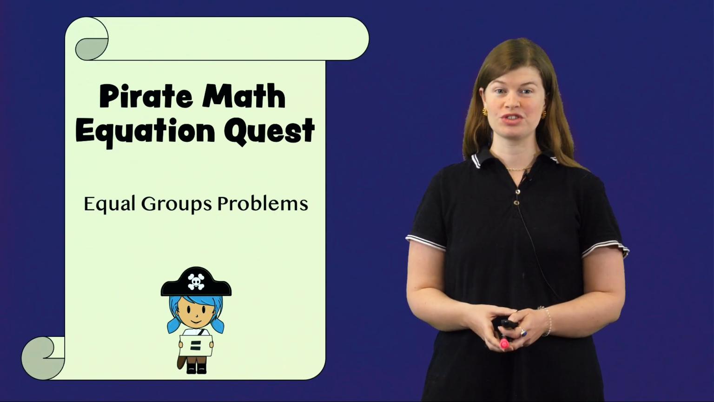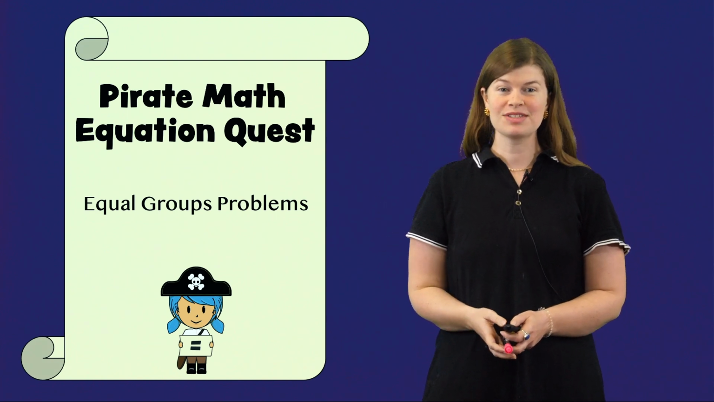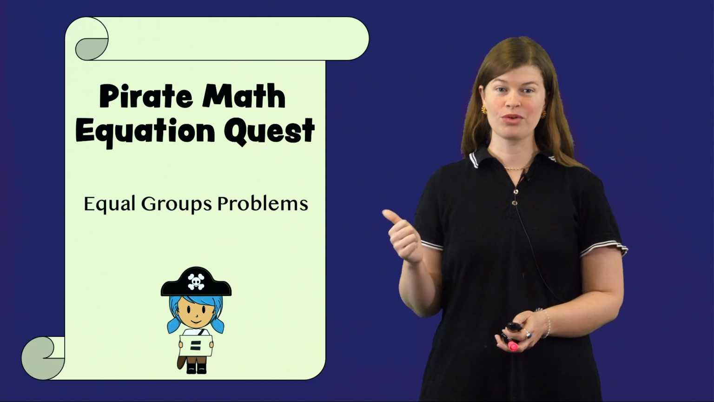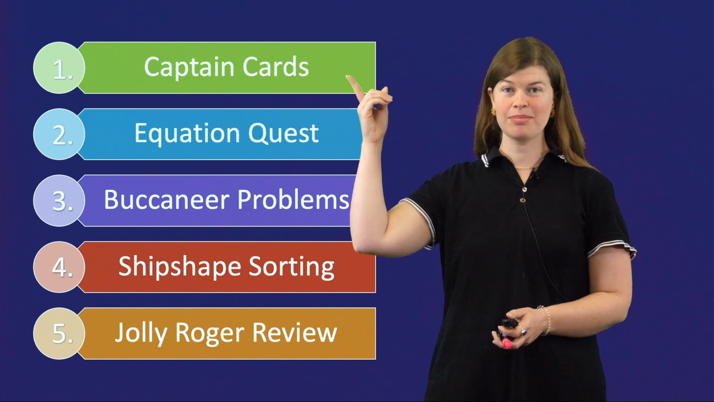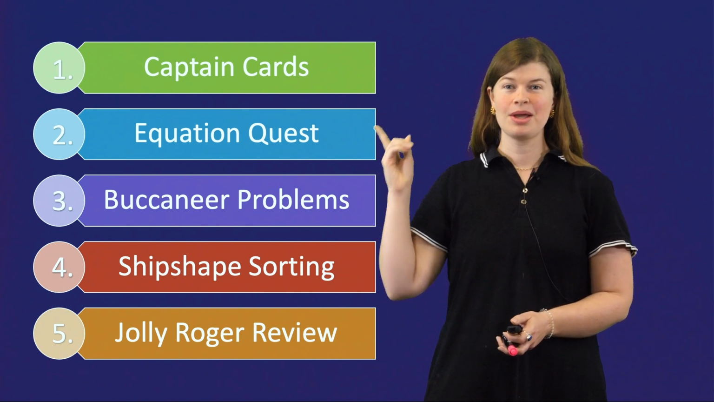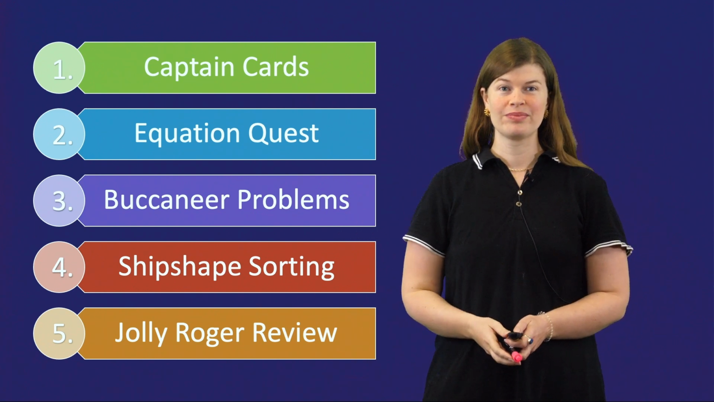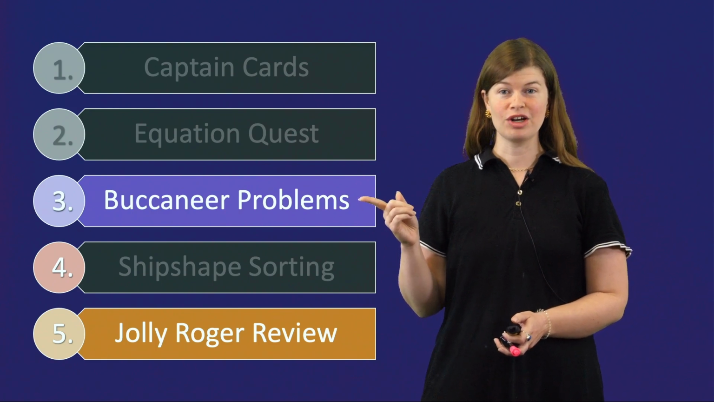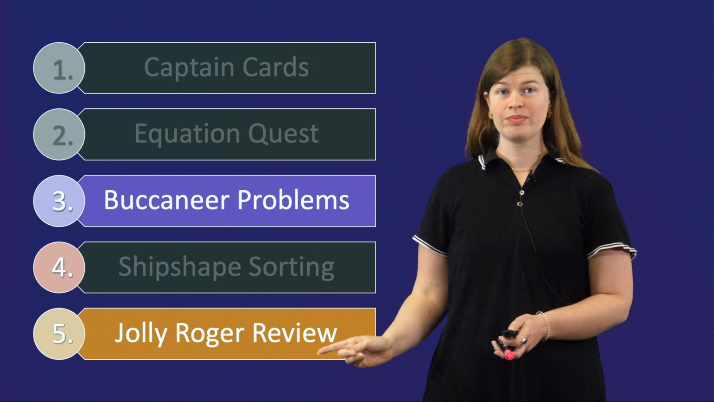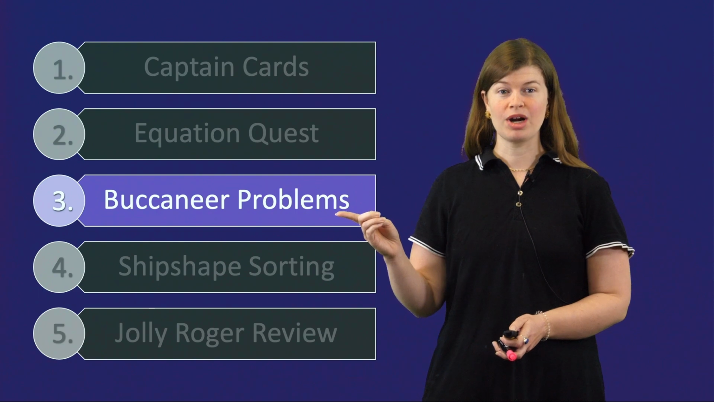Word Problem Intervention with total, difference, change, and equal groups. In this video, we'll be reviewing the equal groups schema. Our intervention has 5 components: captain cards, equation quest, Buccaneer problems, ship-shape sorting, and Jolly Roger review. Our students solve equal groups problems in Buccaneer problems and Jolly Roger review. For the purposes of this video, we'll be reviewing equal groups problems within the context of our Buccaneer problems intervention